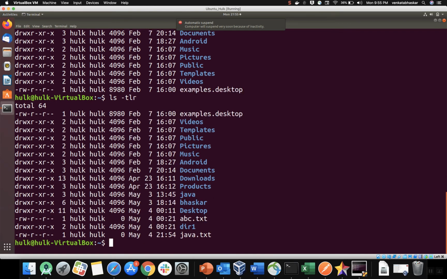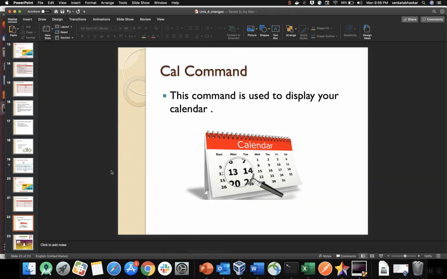See, in reverse order, the last modified time is displayed. Feb 7th, next April 23rd, next May 3rd, next May 4th. Based on time it will display. And let me open the PPT.